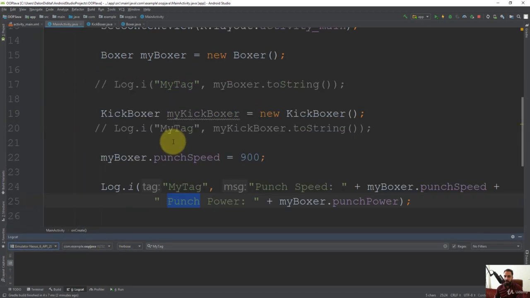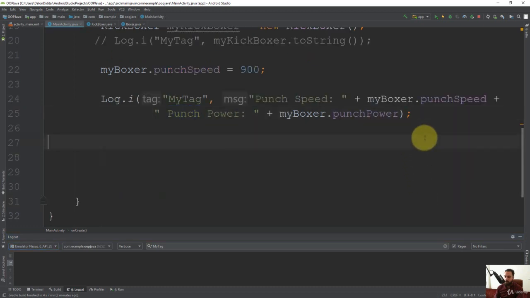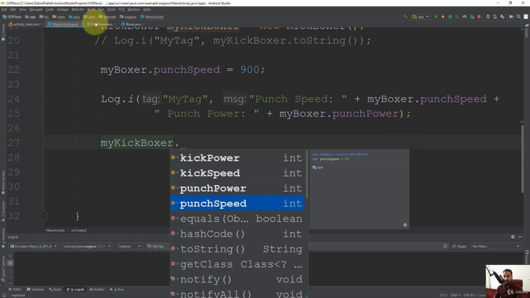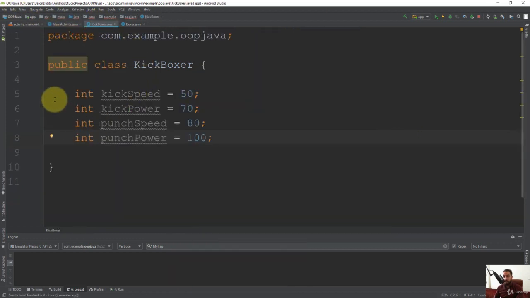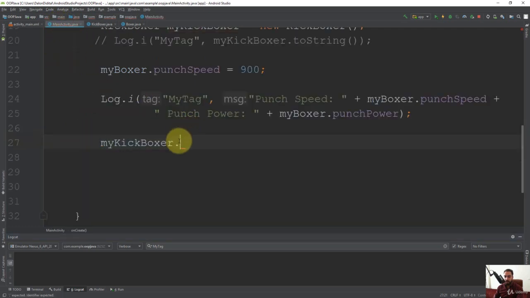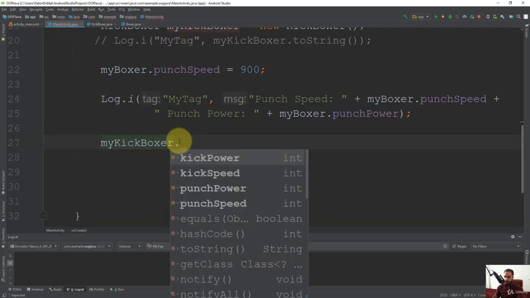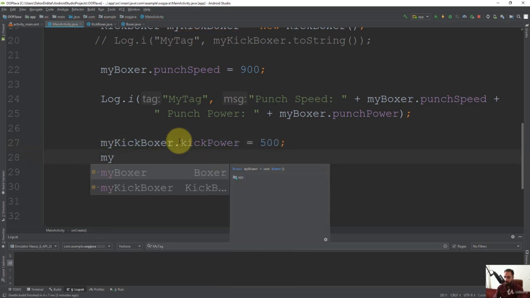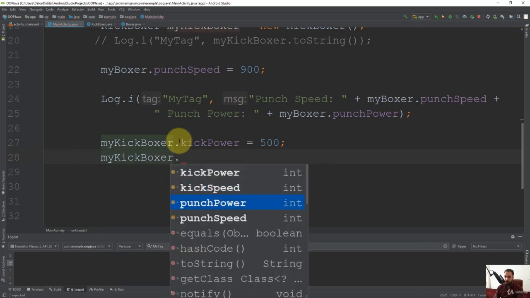First, you can see that we have this MyKickboxer variable. So I can just say MyKickboxer dot, we have the kick power, kick speed, punch power, and punch speed. Why? You can see that inside this Kickboxer class, I didn't put the private access modifier before the data type. So that's why we can access these properties. So I'm gonna say MyKickboxer dot kick power, for example, is 500 semicolon, MyKickboxer dot, for example, punch power is